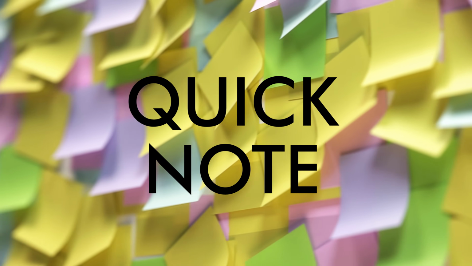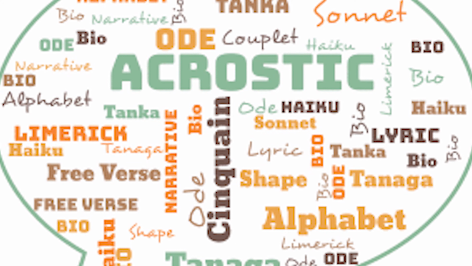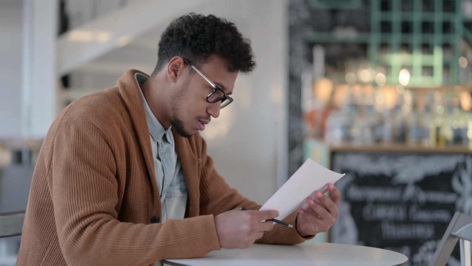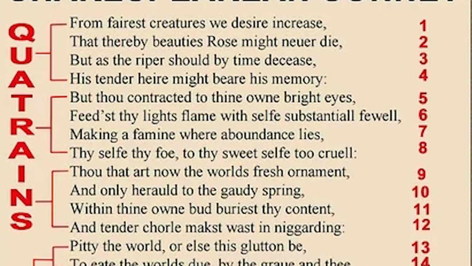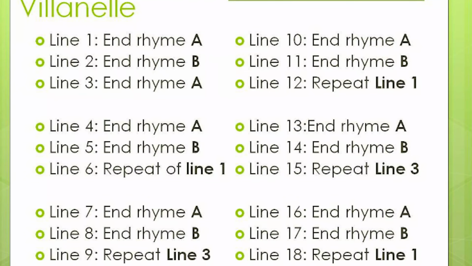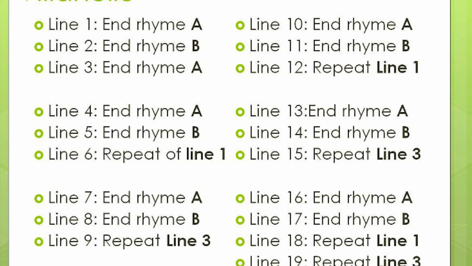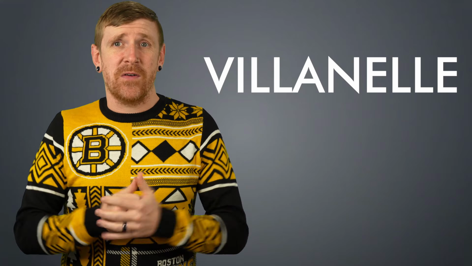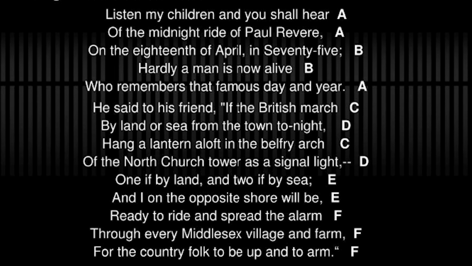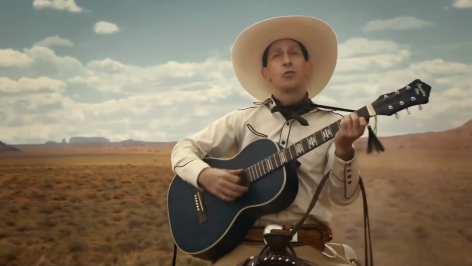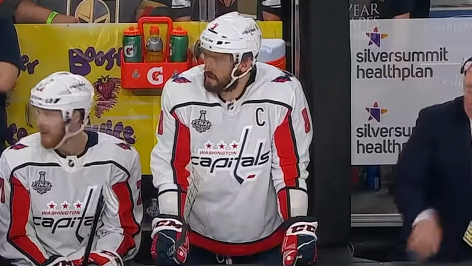Now, quick note here. Sometimes it may say poem in a prompt, but you may know that the particular poem is a specific type of poem. And if you know the more precise type of poem that is on the page, show your smarts and label that piece more accurately. Notice the poem has 14 lines, then call it a sonnet. See that the poem is 19 lines made up of 5 tercets and a quatrain? Well, that's a villanelle. Is the poem made of rhyming quatrains and tell a dramatic or emotional story? Sweet, it's a ballad. You don't have to know poetic forms for exam day, but it certainly won't hurt if you do. And that's all you need to do for step 1.